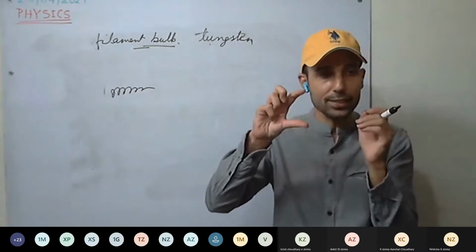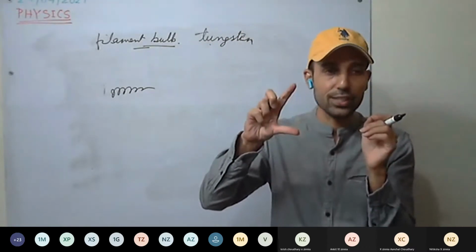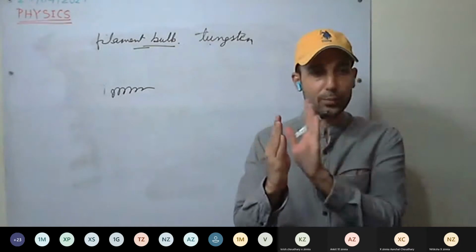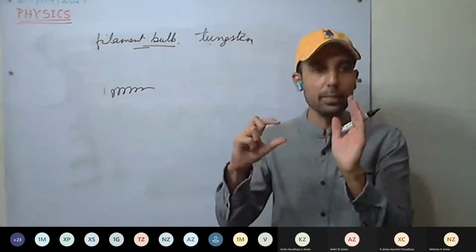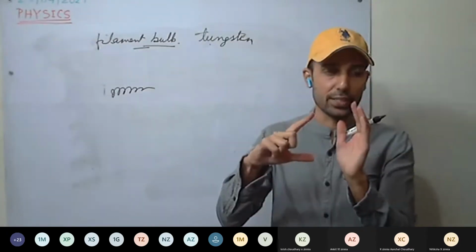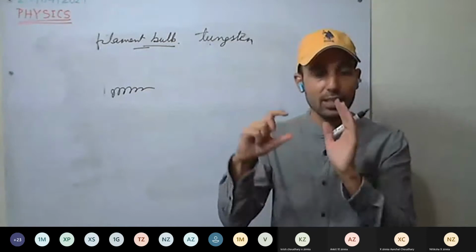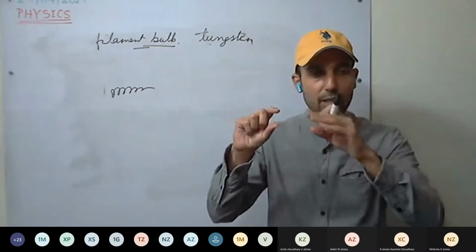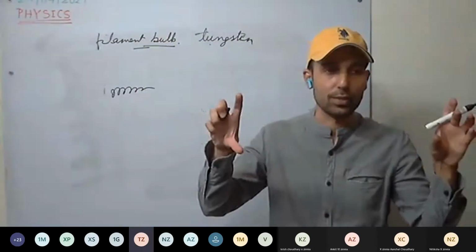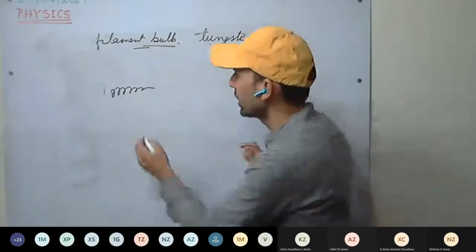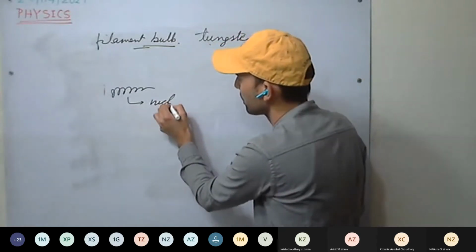But with time, the intensity of glow increases. You have seen that one? Initially, it provides some heat, but with time, it provides more and more heat. You have seen the intensity of light as well. Initially, it glows a little bit, but after some time, it glows more. So how does it happen? See here, it is made up of nichrome.